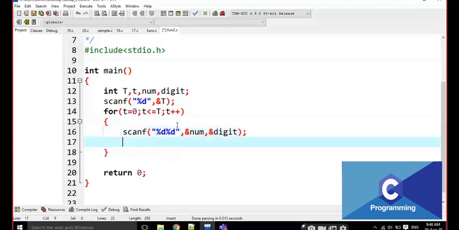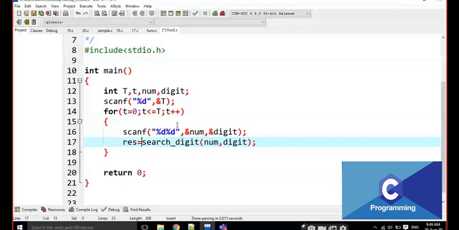And instead of writing the logic, I am going to write here the search_digit function, and I am going to pass number comma digit here. Now I am going to get some result.